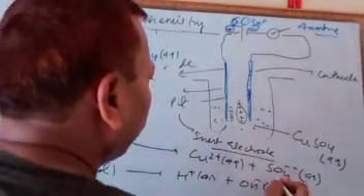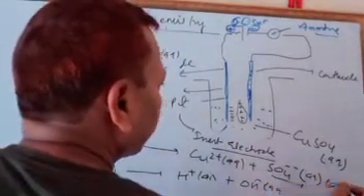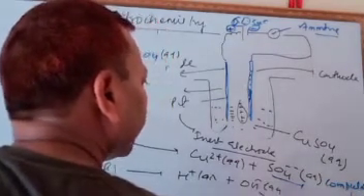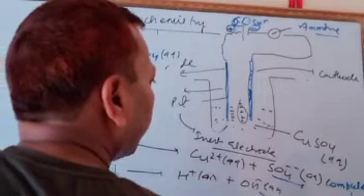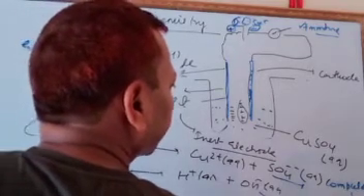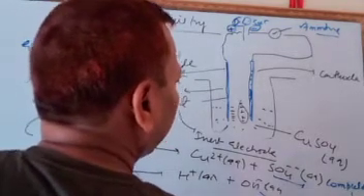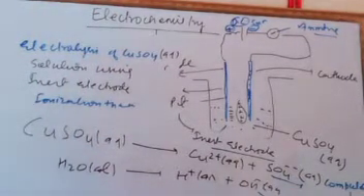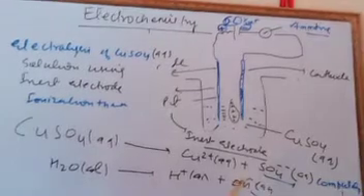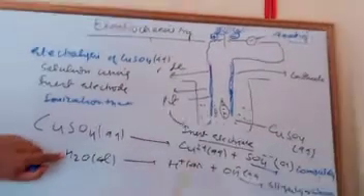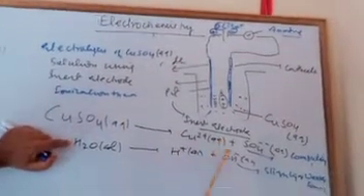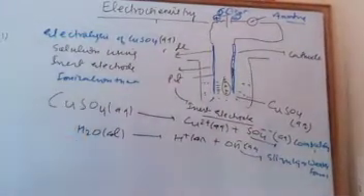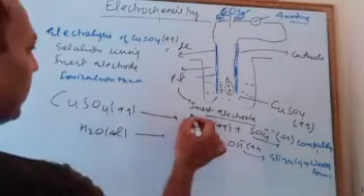Normally copper sulfate is completely ionized. Water is slightly or weakly ionized. So here it is very simple: water is slightly or weakly ionized, and copper sulfate is completely ionized. This is the situation. So on passing electricity, okay, see this,